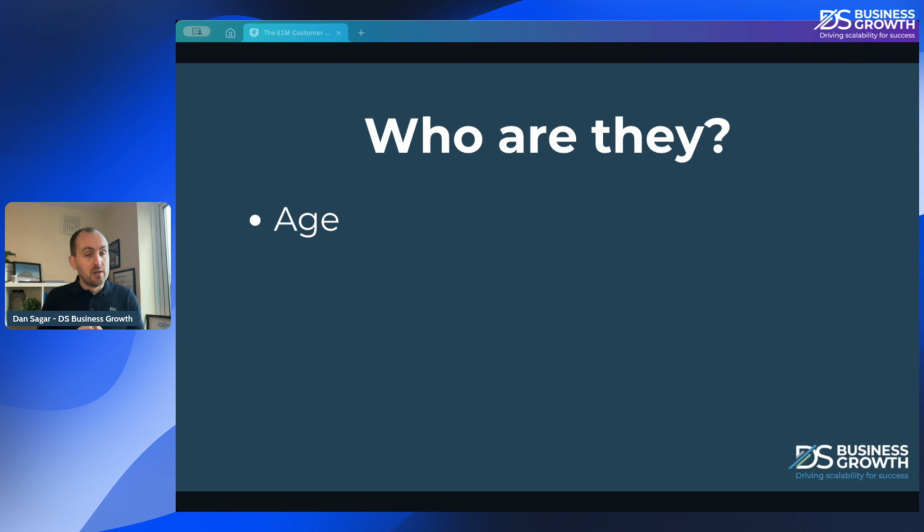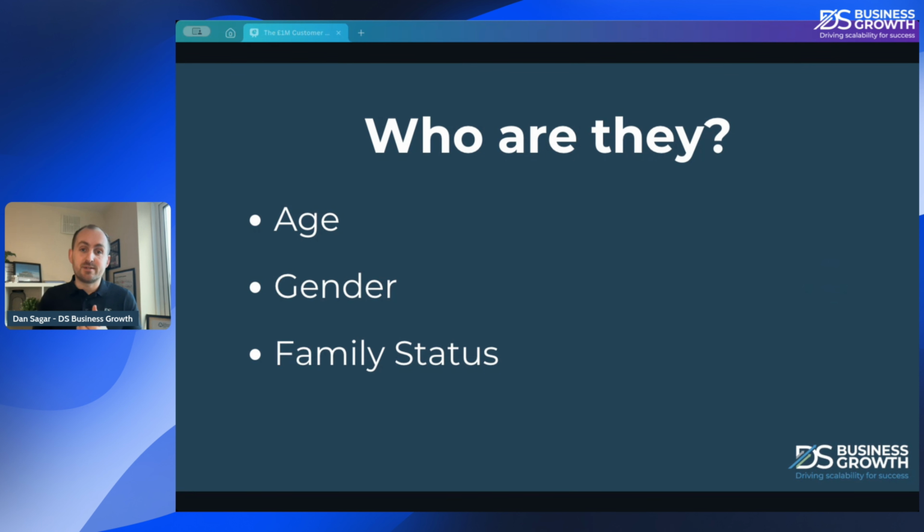Their age. This could be a really specific age, or it's probably more likely a window. Are they 40 to 50, 40 to 60? Are they teens? Are they young adults? What is that rough age gap that you are looking to target? Gender, male or female, generally speaking. It could be both, but if it's potentially just one, or might just be leaning towards one side, again, it's easier if you can identify one way or the other. If it is truly both, that's absolutely fine. But sometimes if you can target it one way or the other, it can make your messaging a little bit easier.